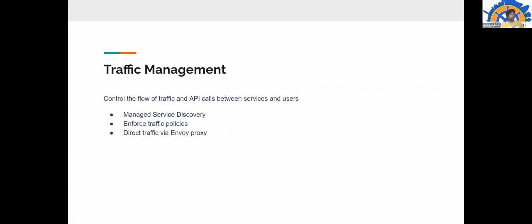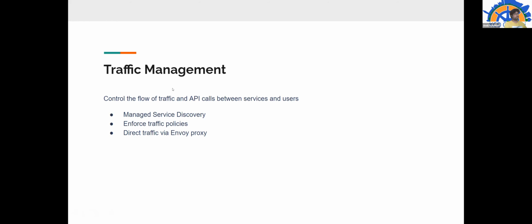Also, it involves the service discovery part, wherein each and every service will be discovered and identified, and unique identity information will be given to it. Now, as I explained earlier, all those policies, configuration, and information will finally be pushed down to the Envoy proxy.